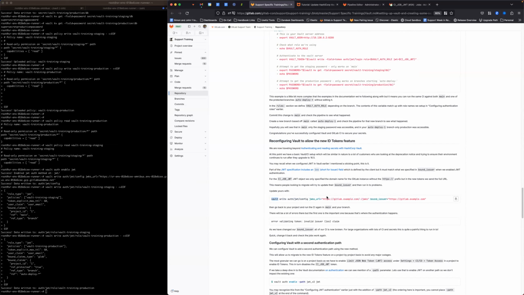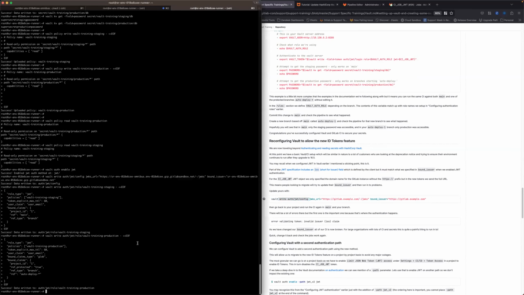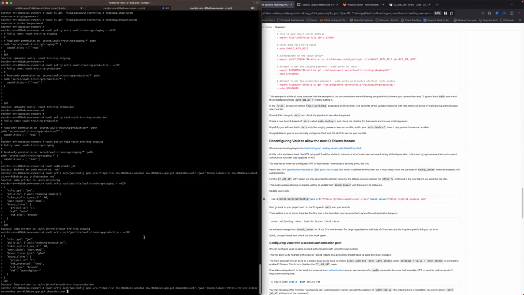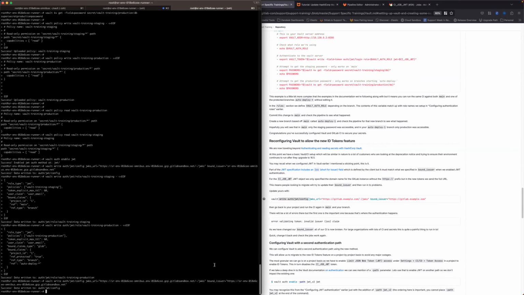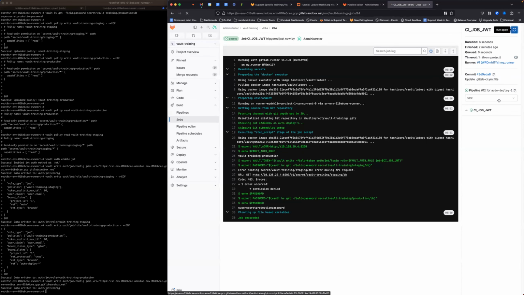So yeah, what I've seen customers do on tickets is they've gone to their Vault instance and ran this to update their existing setting. Because you're writing it to the same point as the one we ran earlier, it will break your authentication with an error message you've probably all seen. So here's one I prepared earlier. Just adds HTTPS to the bound issuer. If we flick back to the job we just ran and rerun it,